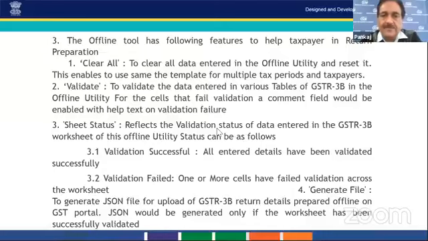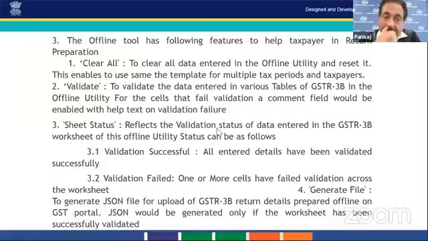So you have to clear the previous entries and reset it, and you will also have to enable the macros by clicking on the tab on the top right corner of the template.